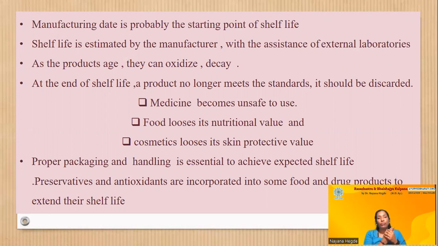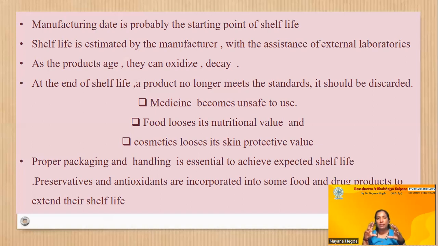Shelf life is estimated by the manufacturer with the help of external laboratories. क्योंकि मैन्युफैक्चरर ने पहले ड्रग को समझा है, ड्रग डेवलपमेंट किया है, बाद में ड्रग को प्रिपेयर किया है, स्टोर किया है, पैकेज किया है, बाद में हैंडल करके रिटेलर्स तक जाएगा। उतने टाइम तक वो उसके सुपरविजन में था, तो उसको इनिशियल ड्रग से पता होता है क्या क्या होता है, तो अलग अलग लैबोरेटरी टेक्निक से पता करके वो फाइनल प्रोडक्ट के ऊपर डालना उसका जिम्मेदारी होता है।